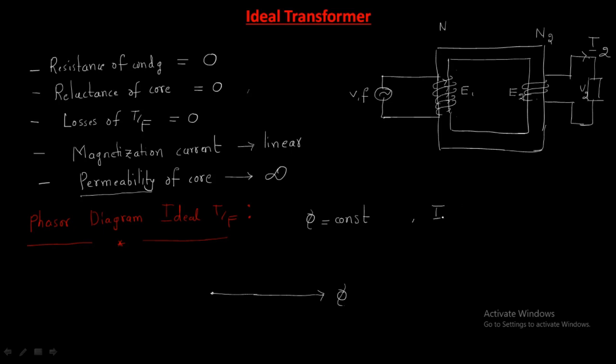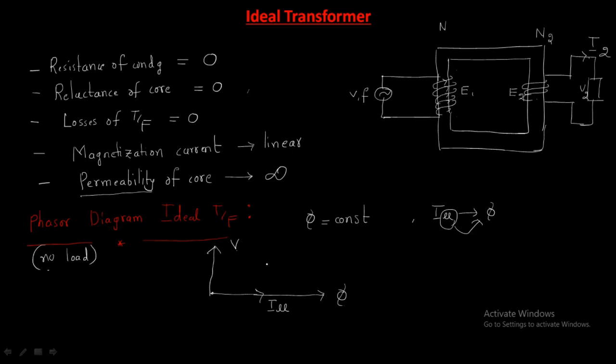Magnetizing current will produce the flux only. Magnetizing means flux, it will produce the flux only. So always it follows the flux vector. And the supply voltage is nothing but V, and this is the supply voltage. Assume that it is no load, actually there is no load, it is on the no load